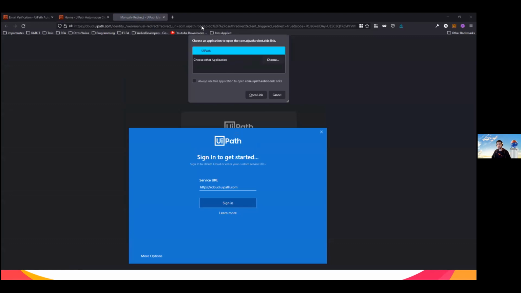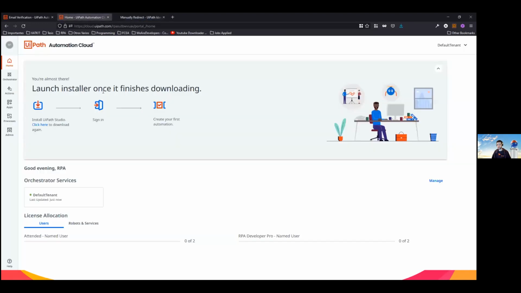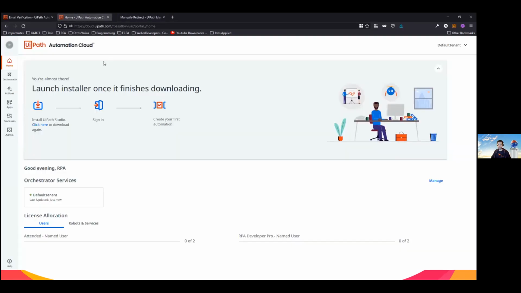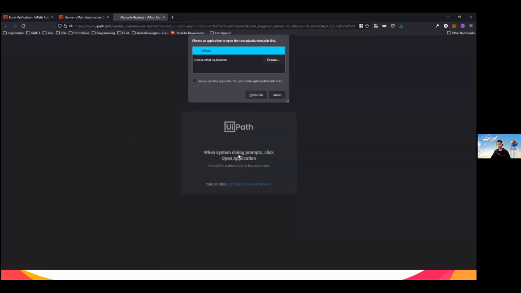Since you are already logged in the browser, because I already have this logged in, it just asks me if I want to open UiPath. If, for example, you are using one browser to do everything, but your default browser in your computer is not the same, this is going to ask you to log in with the credentials that you just created.